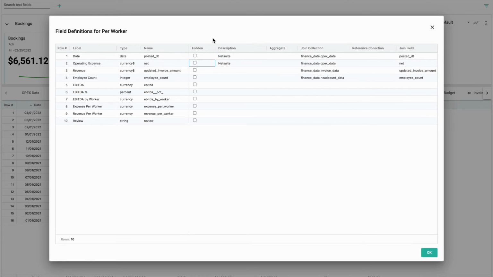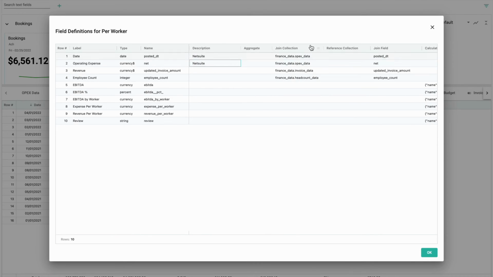The nice thing here is I actually get a description and a source for the fields that I'm pulling in. So in this case, my OpEx, which name is net and label is operating expense, is described as coming from NetSuite. Since I do have joins, you'll notice that the join collection and the join field is updated here. And again, in any one of these collections, I can update my view by moving the columns to the left